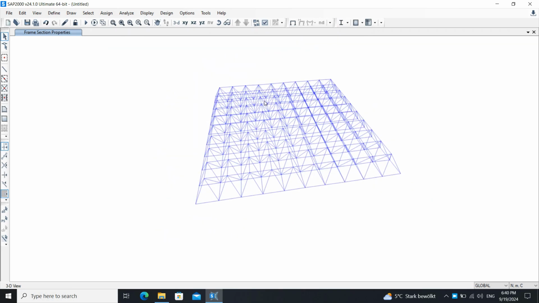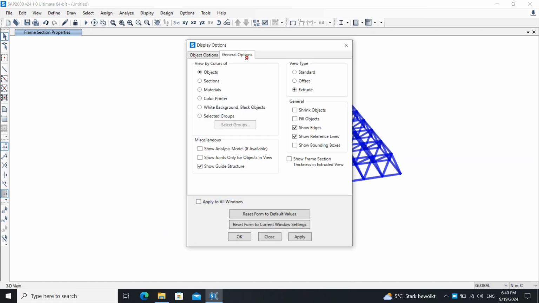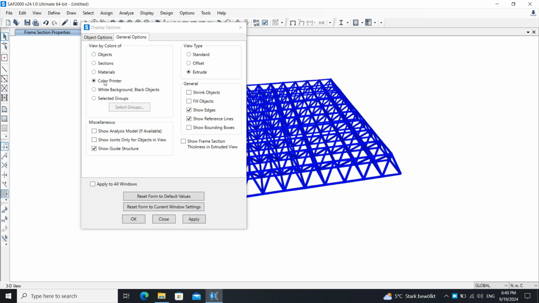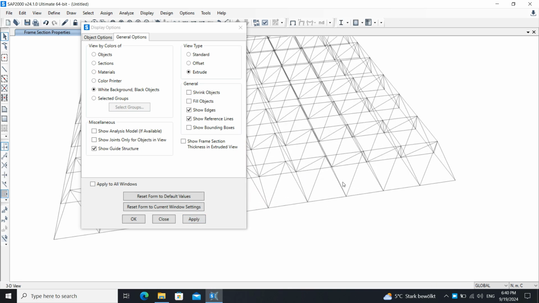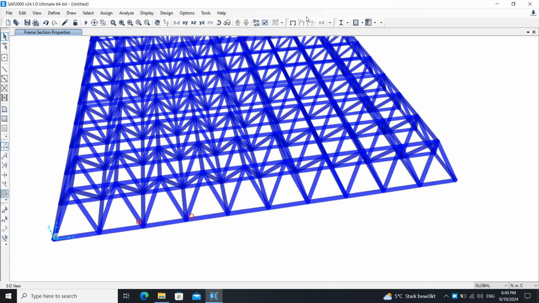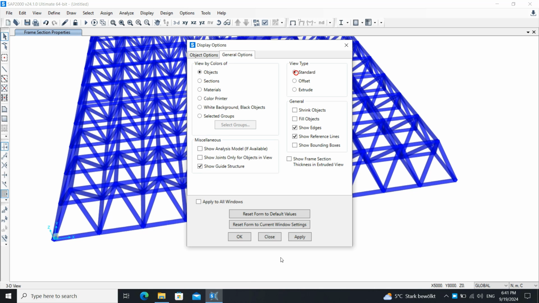Okay. And you can also make it more beautiful by going to general options and changing the color if you want. I don't really use them, but you can use them. White background, black object. This is so beautiful. I like this kind of thing. Okay, we choose the material and give them. For now, let's make it standard